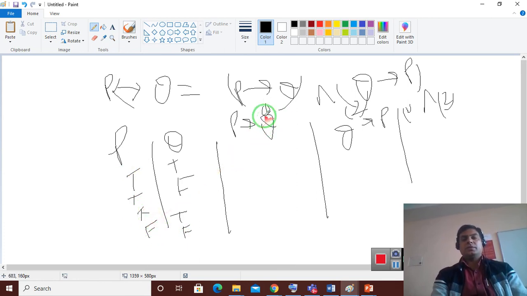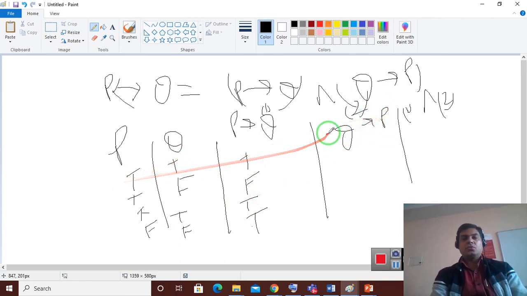P conditional Q depends on Q: both true then true, both false then true, otherwise it will depend on Q. True, false, true, true.